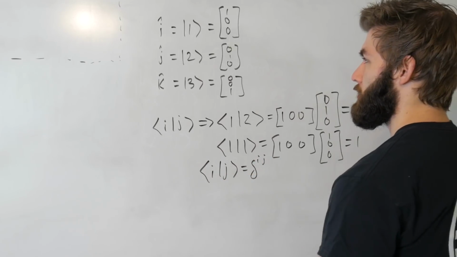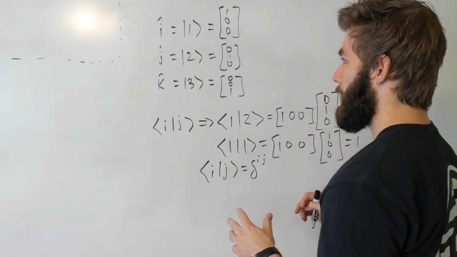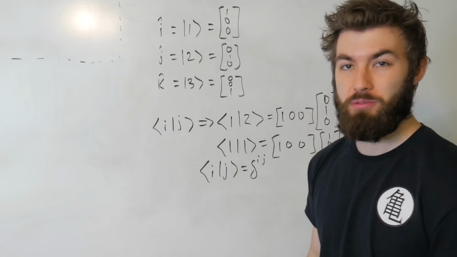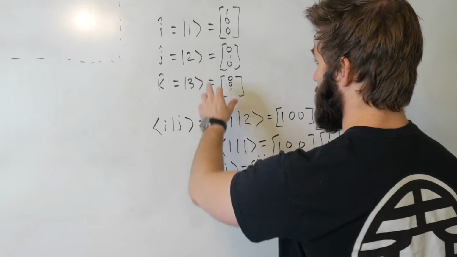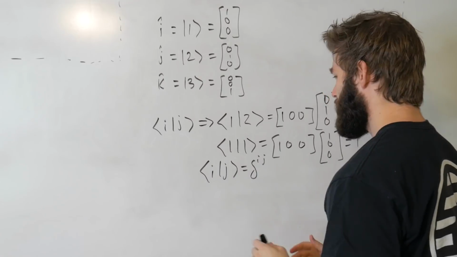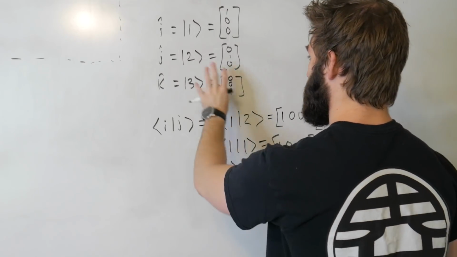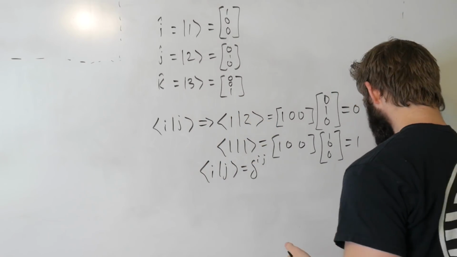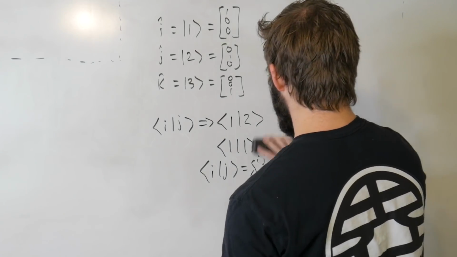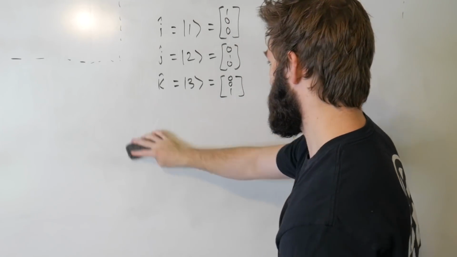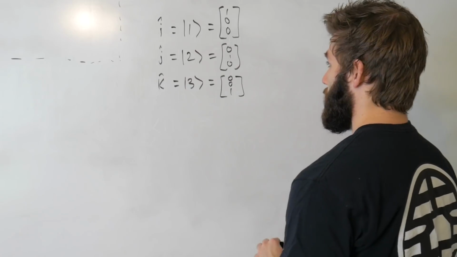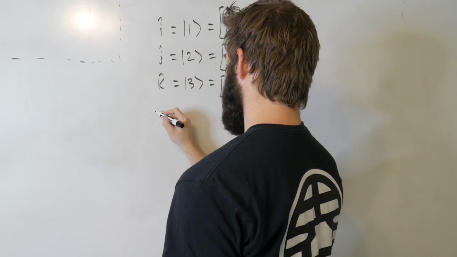This is nothing new. This is just formulating the definition of dot products between orthonormal basis vectors in terms of column vectors. So the concept isn't new, but this notation might be. We can also formulate our completeness relation by saying that the outer product,